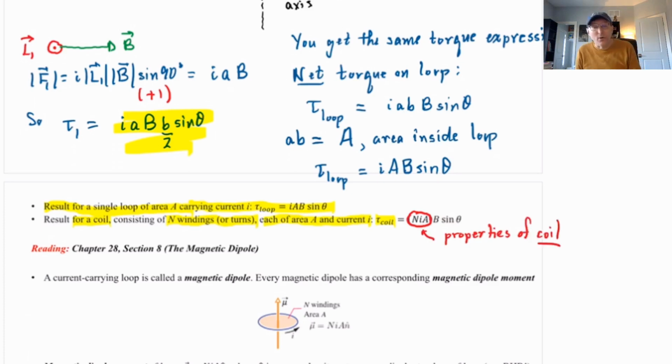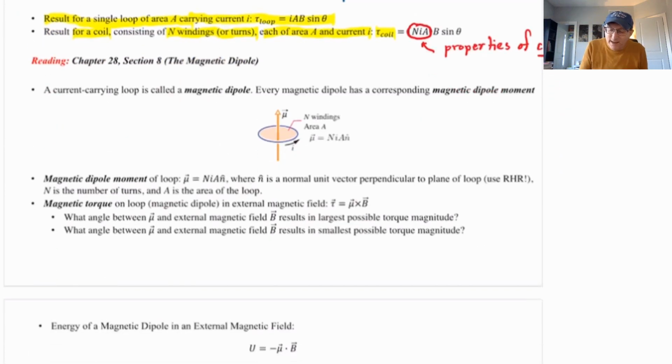Properties of the coil. B is a property of the magnet, which is a separate thing. Okay? And that's an important point now, because I'm going to show you with one more section in chapter 28 how to combine what we've got here for the torque on the coil with one more idea. So now I'm talking about chapter 28, section 8, where we're going to introduce the concept of a magnetic